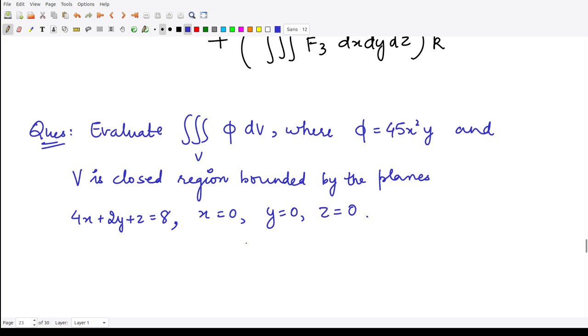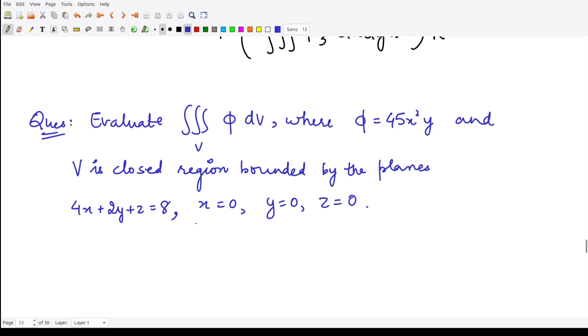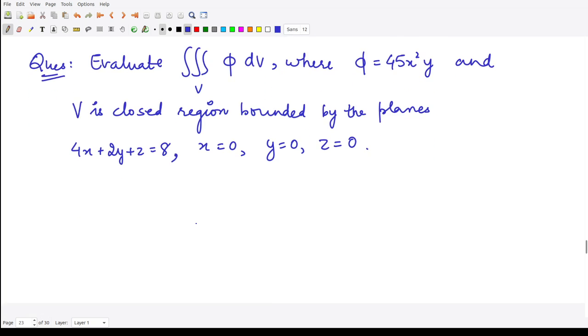So these four planes are given to you. Whatever region is bounded between these four planes, for that volume we wanted to calculate this triple integral over here. So let's first visualize the region, as always. So for the solution,